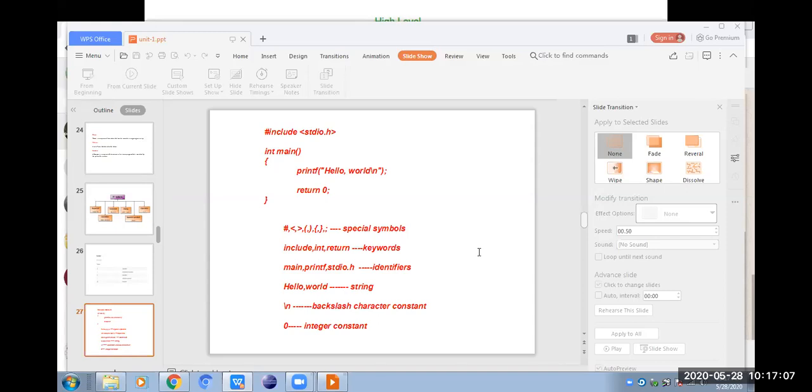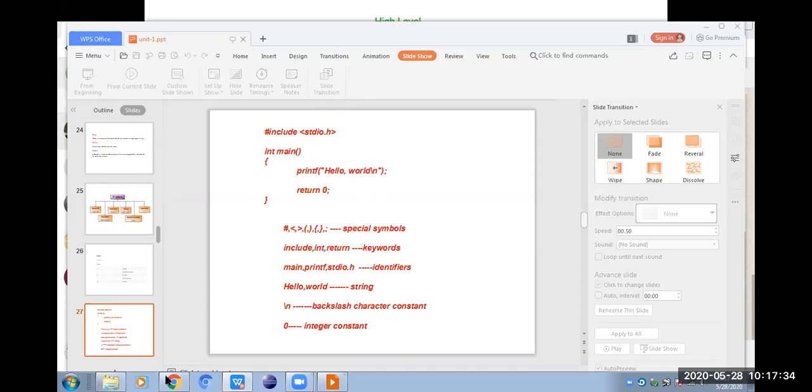Include is a keyword. We can't separate include again; we can't divide include into 2 parts. We can say include is a keyword. That is the final phase; further, we can't make a classification. We have "hash include" here. I am dividing that into 2 parts: hash is a special symbol, include is a keyword. Again, I can't divide hash further, and I can't separate include further.